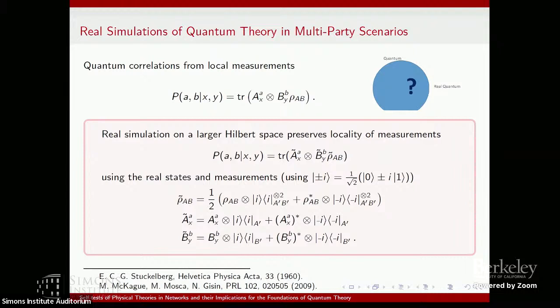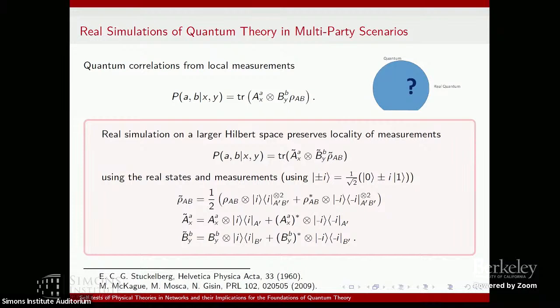And what is nice about this is that by taking the complex conjugate of this operator, indeed it's going to be itself. So it's a real operator that we defined in this way. And for the state, similarly, we just add one of those control systems for each of the separate measurements we're going to perform on it. Again, we can see that it's real, and we can plug this in here and see that we recover any possible correlations that we could have had in the complex case. We need a slightly larger Hilbert space, but we didn't put any restriction on anything like that. So this simulation is perfectly fine.